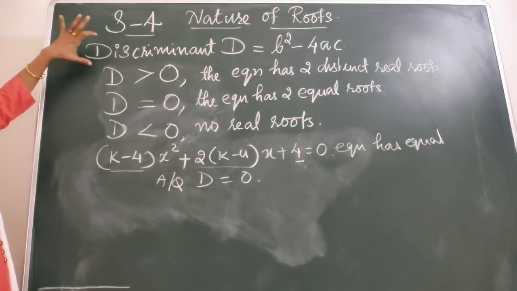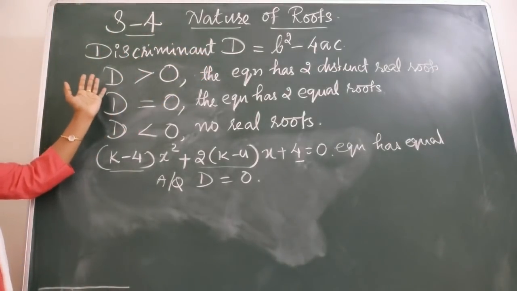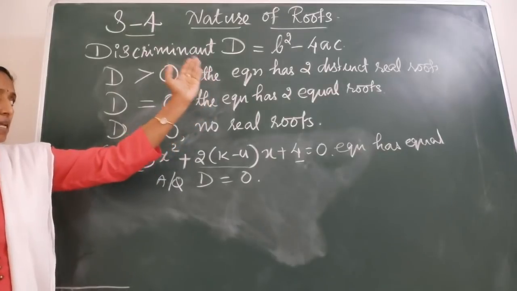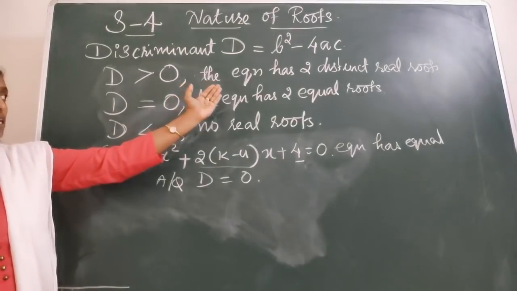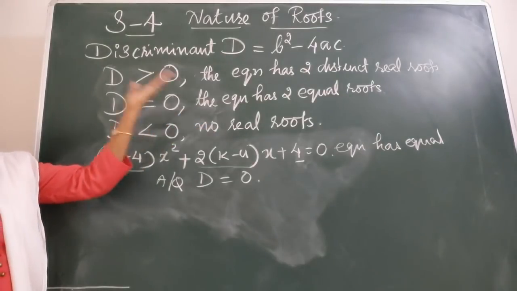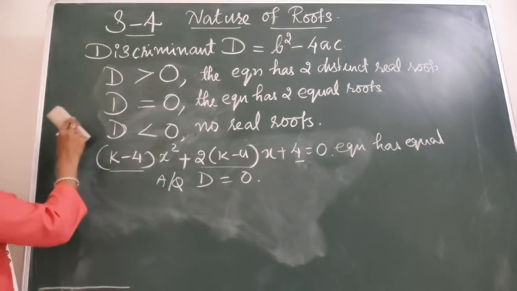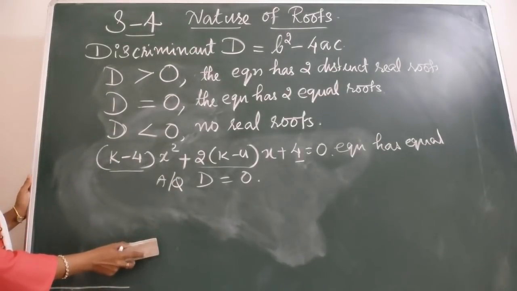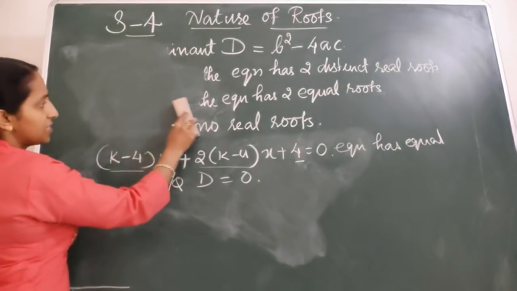The value of the discriminant is given as b square minus 4ac. If the discriminant value is greater than 0, note down, the equation has two distinct real roots. If D equal to 0, it implies that the equation has two equal roots. If D is less than 0, then it implies that the equation does not have any real root. If you have noted this down, okay, because I am going to continue with this problem. Alright, so we are going to start this problem here, then only it will be possible to complete it.